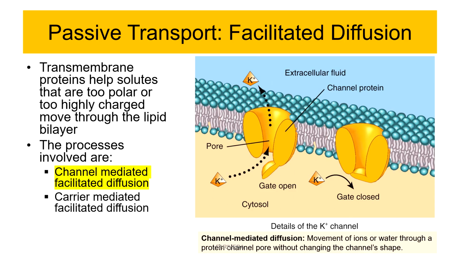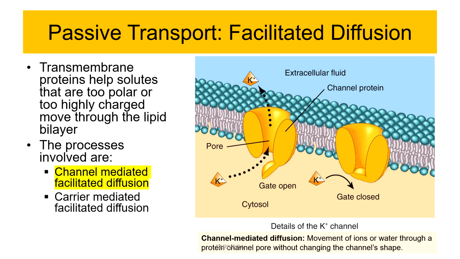A channel protein forms a pore through which particular ions or water may pass. Examples include channels for sodium, potassium, and chloride. Even if a protein helps the substance cross, the substance still moves down its gradient. So ATP is not directly required. This becomes extremely important when we study neurons because ion channels allow the movement of sodium and potassium